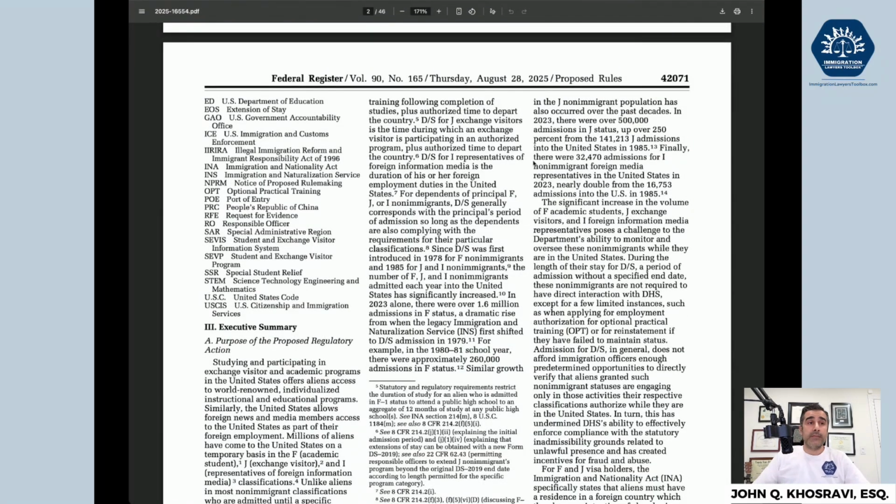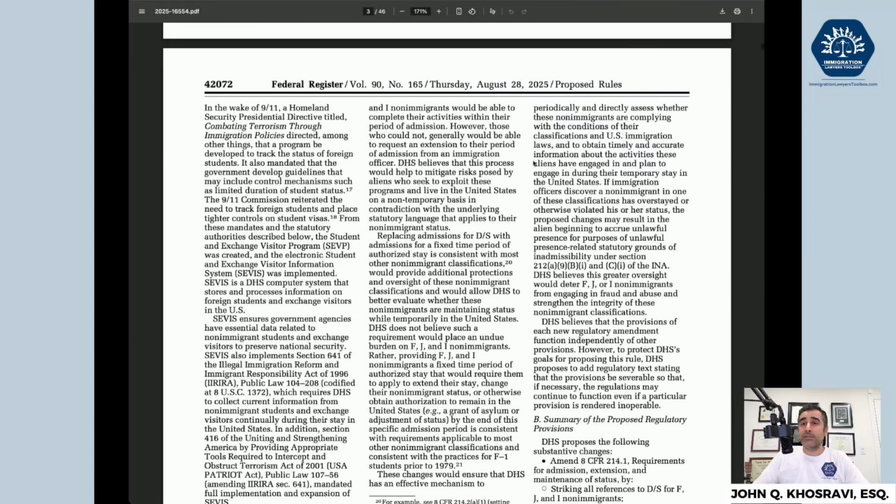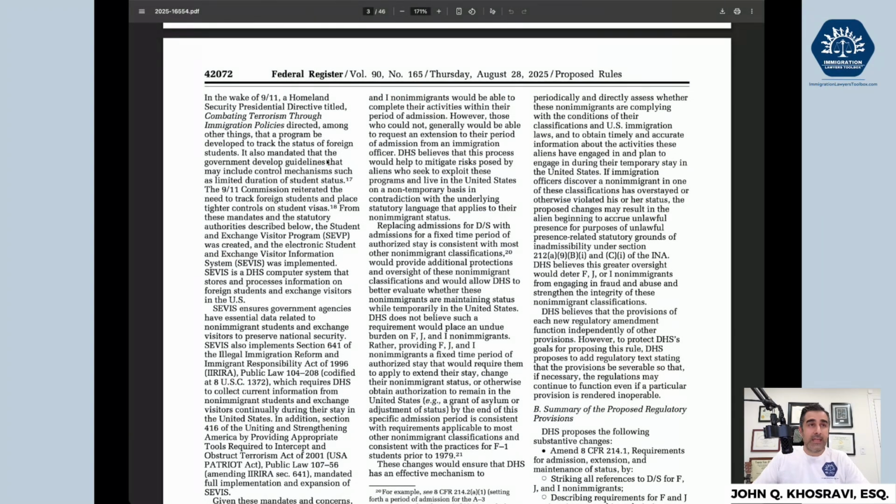So let's go to page 72 now. How is this interesting enough to keep you engaged in all this? This really goes to my hypothesis that this situation exists. The 9/11 report reiterated it needed to have a system to track foreign students and place tight controls on student visas. We have the schools, DSOs, the designated school officials. We have SEVIS. These students are tracked. They've always been tracked. So I'm not sure what their worry is per se about this kind of stuff.